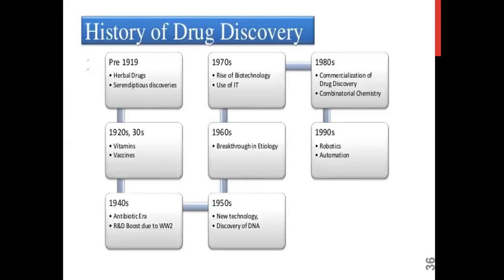This particular slide explains the pre and post era in the development of drugs and in the history of drug discovery, where before 1900 we had herbal drugs and serendipitous discoveries, the 20s and 30s brought vitamins and vaccines, the 40s antibiotics, the 70s biotechnology arose, the 60s a breakthrough in etiology, the 1950s new technologies and the discovery of DNA, the 80s commercialization of drug discovery and combinatorial approaches, and now in the decade of 2000, we have robotics, automation, and AI in